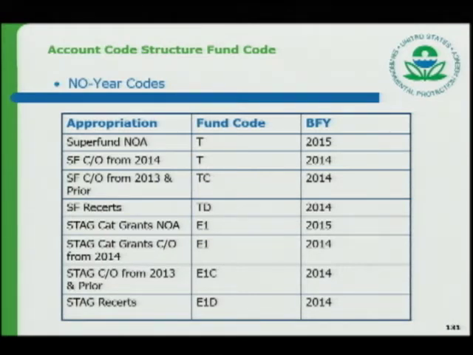Okay, so who has seen at least T, TC, and TD in the Compass financial system and sometimes scratches their head, what's going on, what is this? And some days I have to do that. Superfund regular, if we're just talking about the appropriation, T, we have our NOA, our new obligational authority, which is